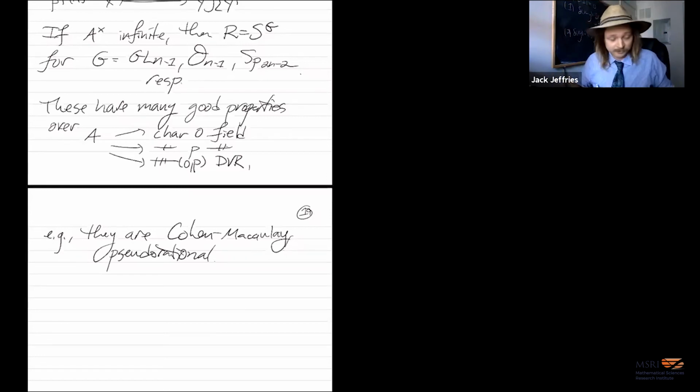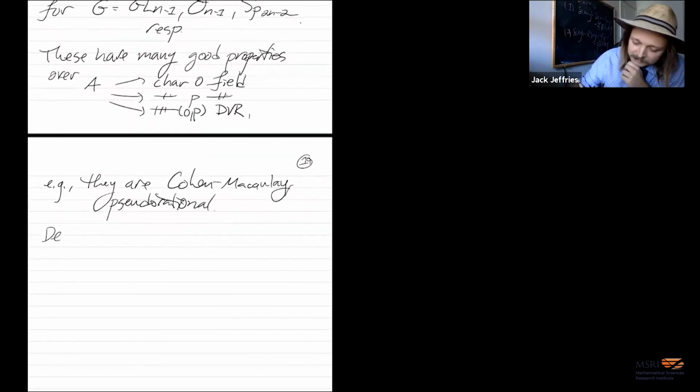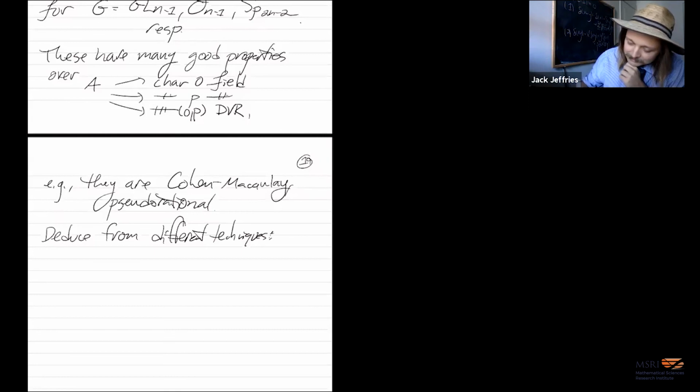And other good things we can say. And these good properties, we can deduce them from very different sets of techniques. So one family of techniques,